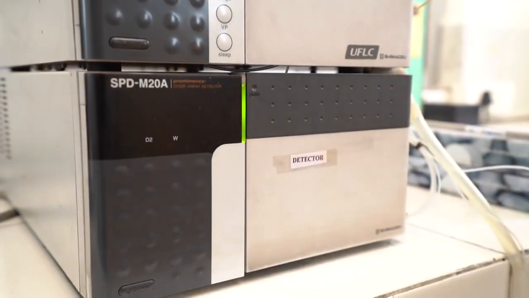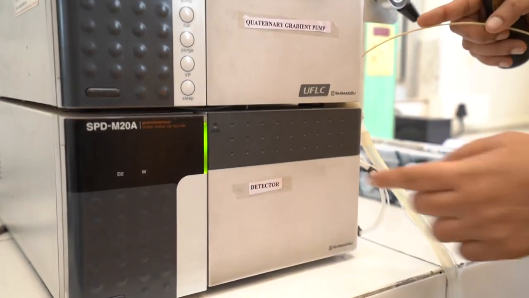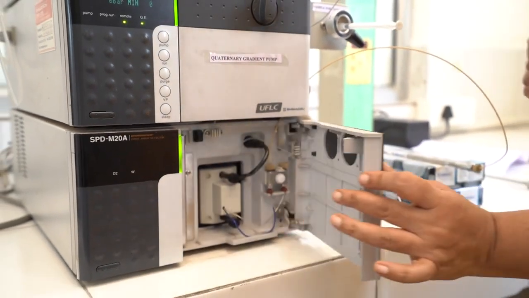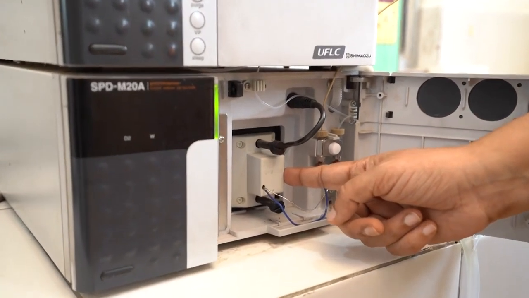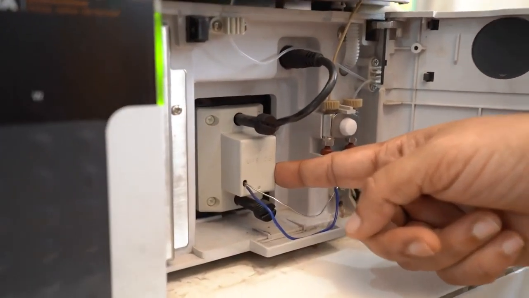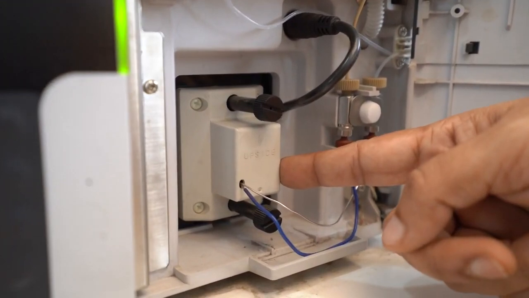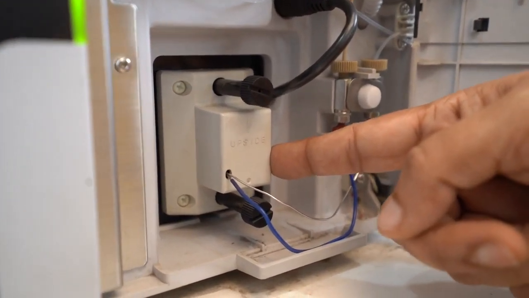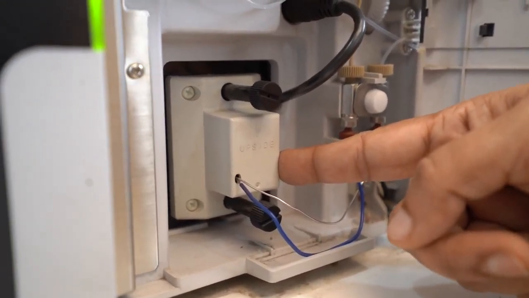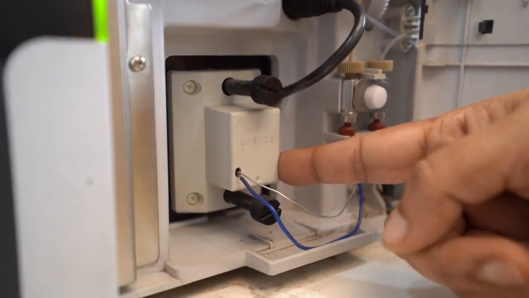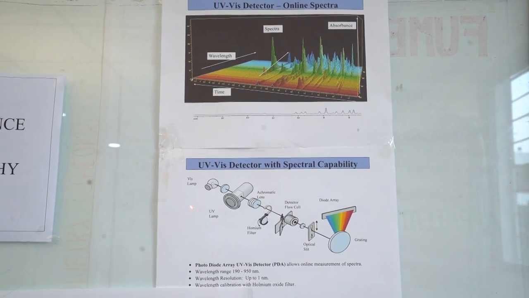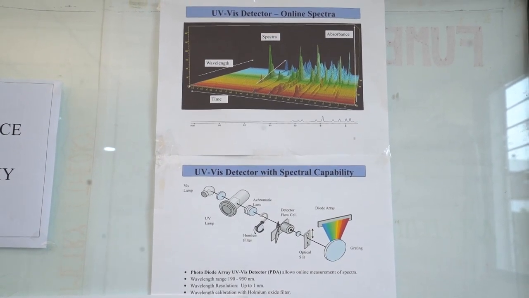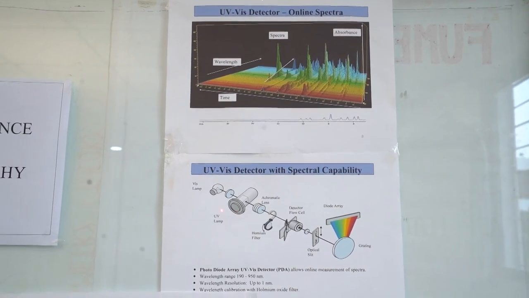Analyte elutes out of the column. It enters into the flow-through cell of the detector. What you see over here is a flow-through cell of the detector. The flow-through cell has a very narrow optical path length of 10 millimeter and a very small internal volume of 10 microliter. This is a schematic layout of a photodiode array detector, where you have a D2 lamp